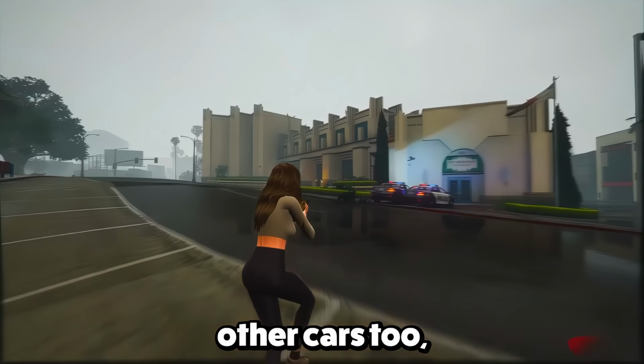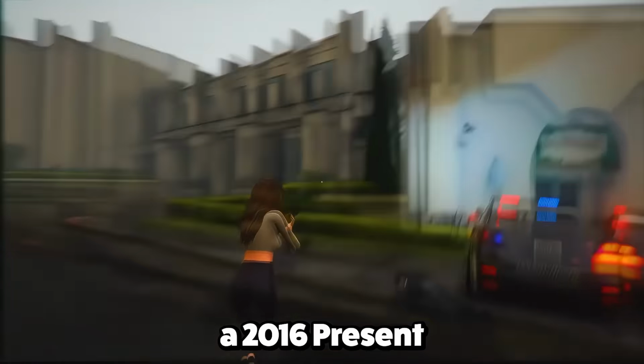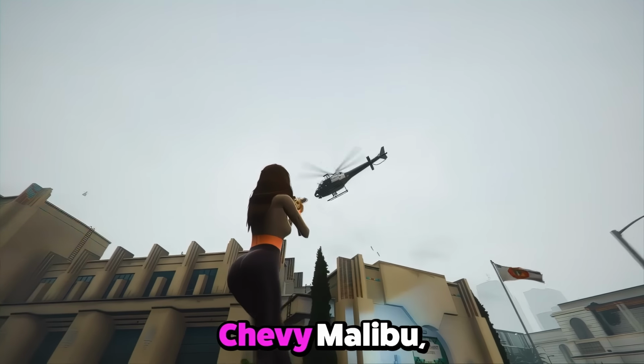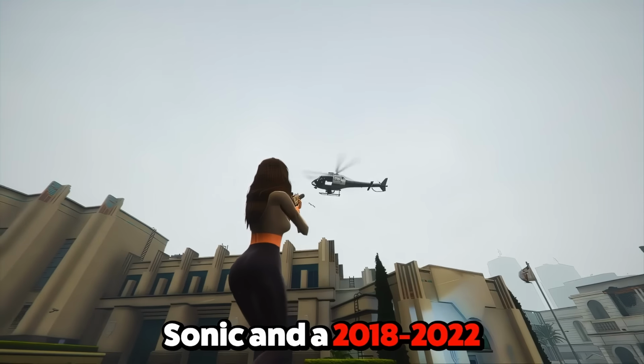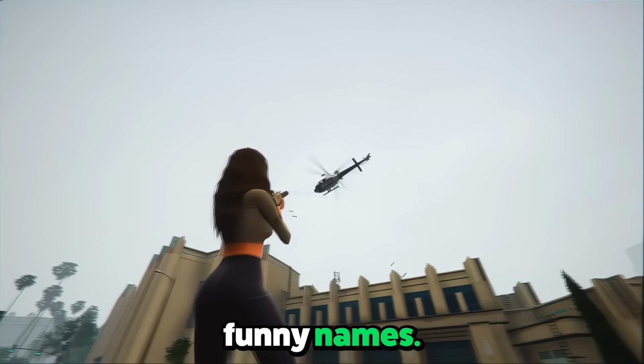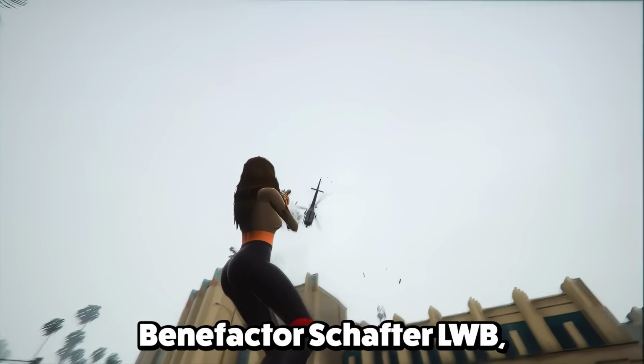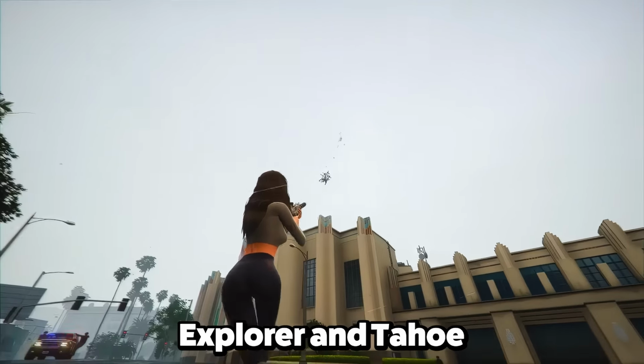There are a bunch of other cars too, without official names, like a 90s Chevy Caprice, a 2016 to present Chevy Malibu, a Chevy Sonic, and a 2018 to 2022 Honda Accord. Rockstar usually gives these cars funny names. Other rides include the Albany Primo, Benefactor Shafter LWB, something that's like a mix of Ford Explorer and Tahoe from the 90s or 2000s,